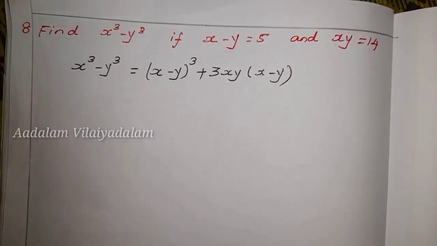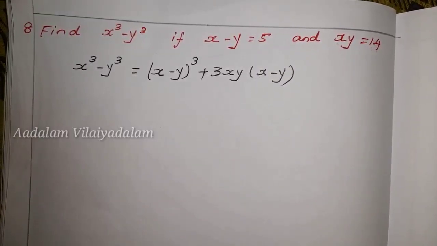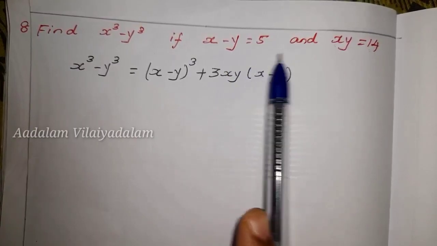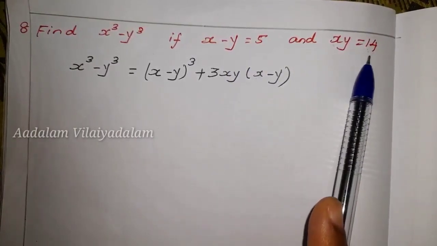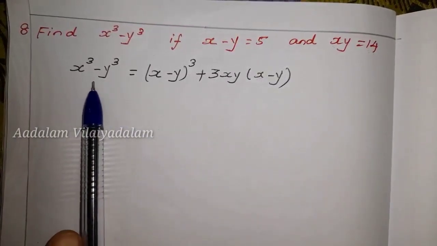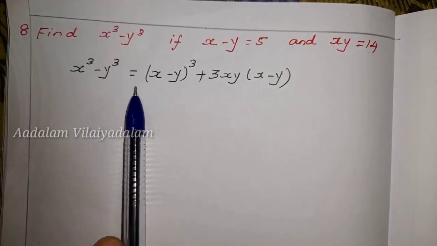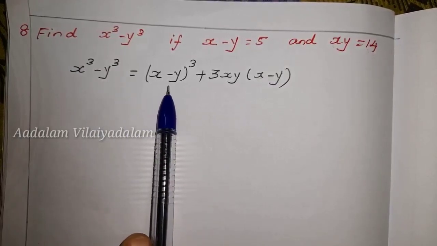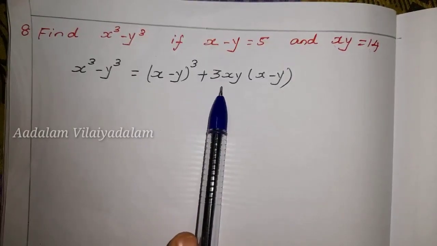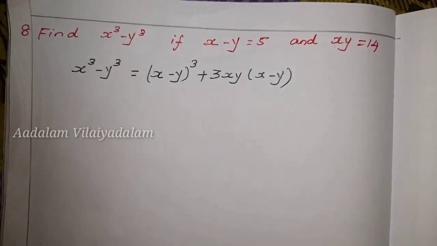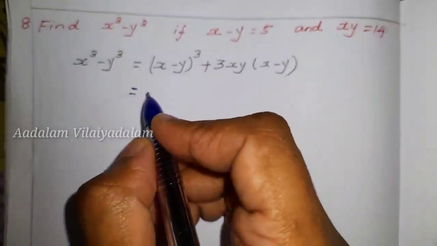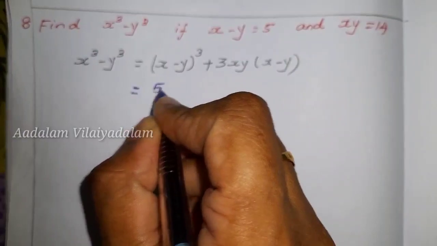Eighth question: find x cube minus y cube if x minus y is equal to 5 and xy equal to 14. So we know that x cube minus y cube is equal to x minus y the whole cube plus 3xy into x minus y. Here x minus y value is 5, that is 5 cube